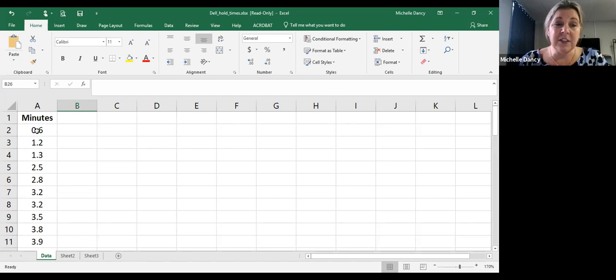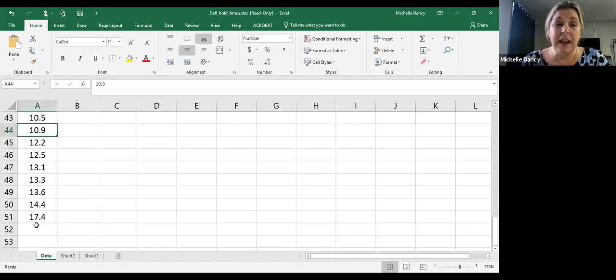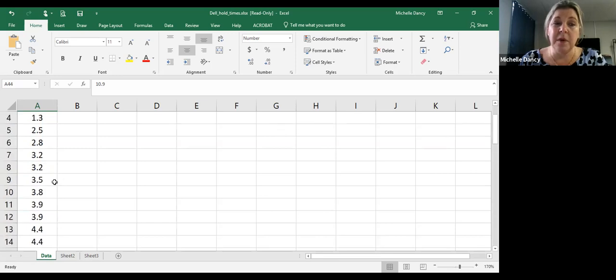So this data is already sorted, but remember, you know how to sort up here, right-hand corner, if your data is not sorted. I always want them smallest to largest so I can go, okay, the lowest amount of time anybody had to hold was 0.6, not even a whole minute. And the most amount of time somebody was on hold was 17.4 minutes. Now, this is obviously continuous data because it's not whole numbers, and we are going to do frequency and histogram,